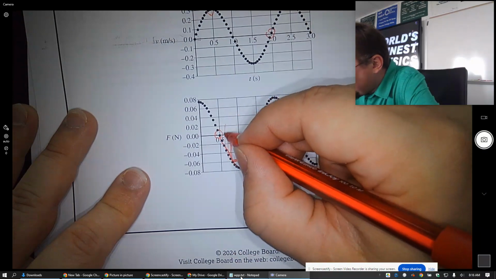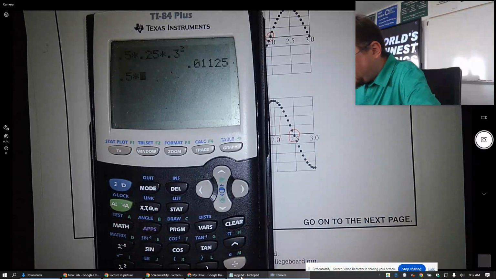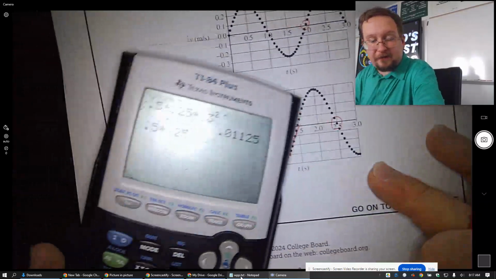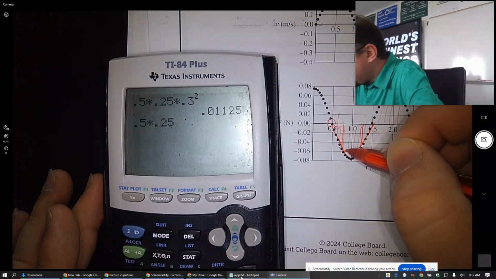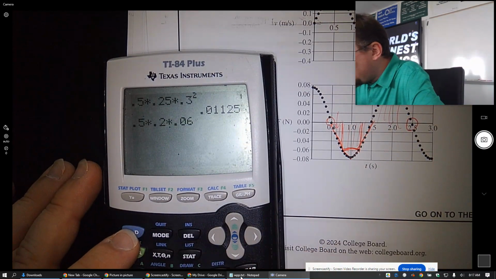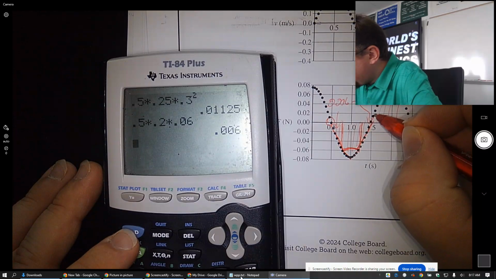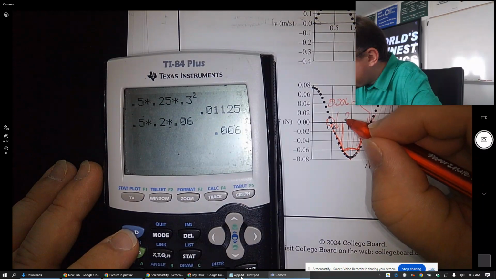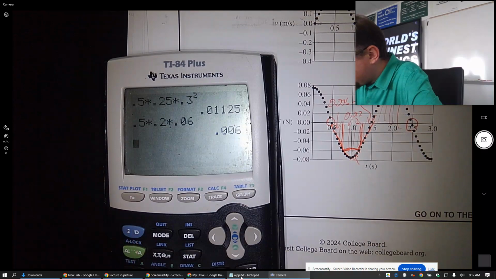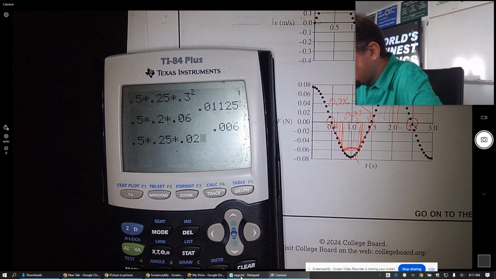And so what's the area of that triangle? It's going to be 1/2 of the base. The base is 0.25. So half of the base times the height, which I think is 0.06. So 1/2 base times height. And so both of these are going to be 0.006, or negative 0.006 area. And then this has to be 0.012, both of these. And then this is going to be 1/2 base, and this height, which is 0.02,